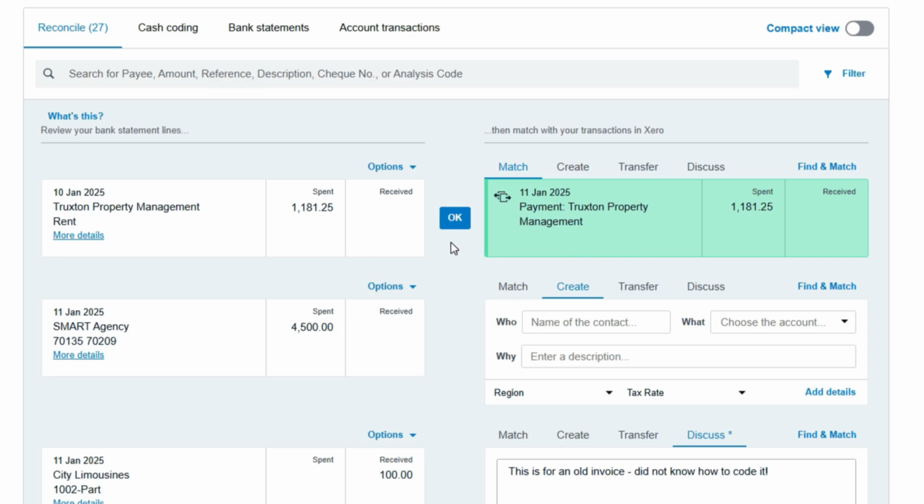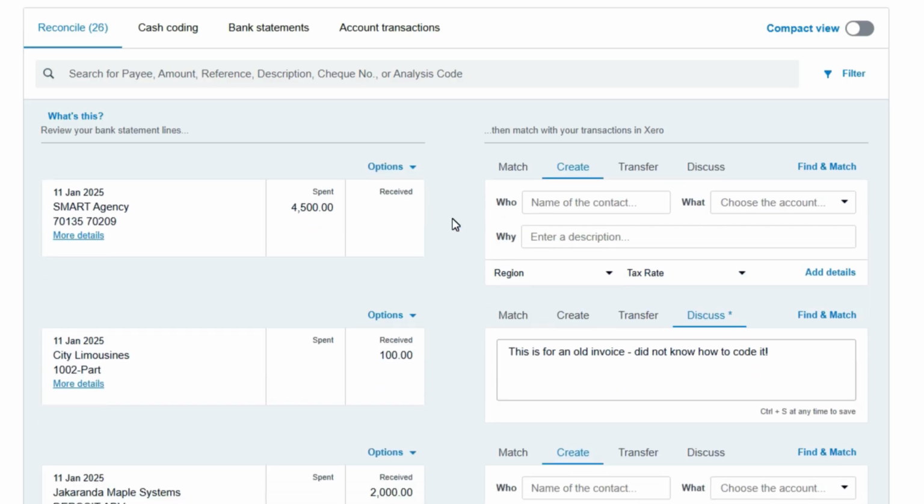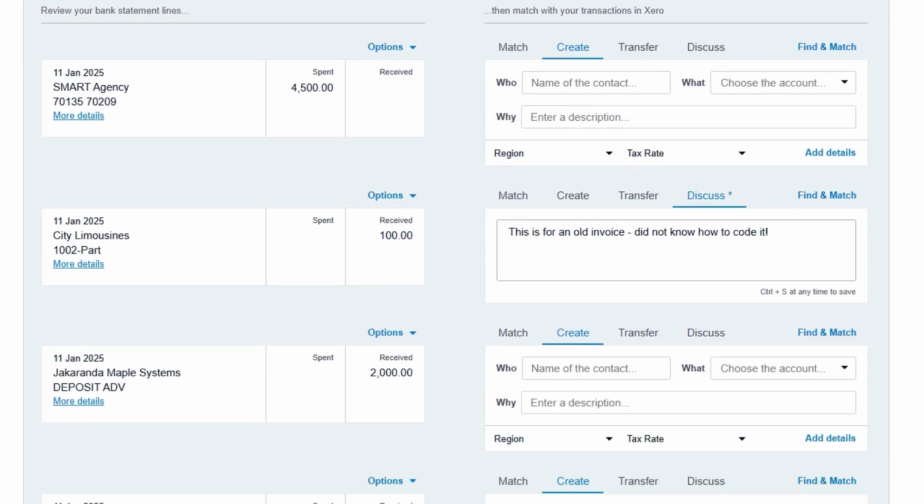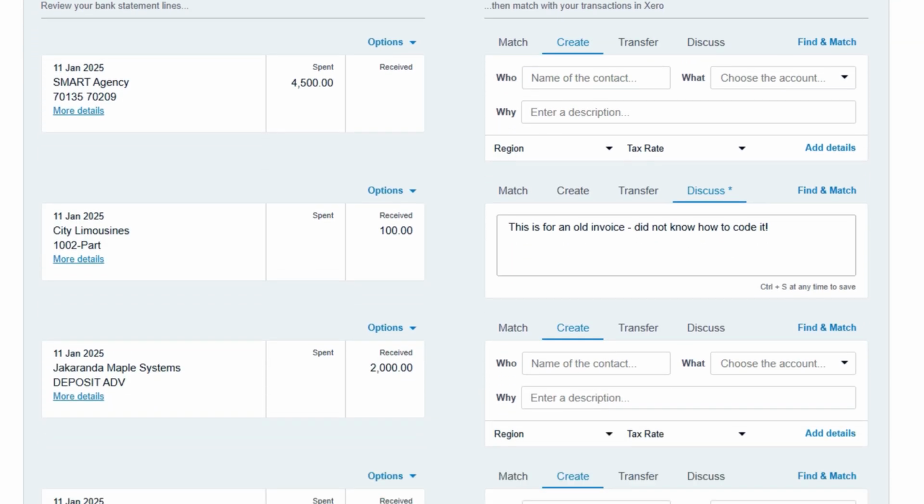And if I click on OK there, that's now reconciled, and now there's 26 items left to reconcile. Okay, so the ones that aren't matched up, there's a few different reasons that might happen. The first is that there is no transaction in Xero yet. So for this spend money transaction, for example, maybe you haven't entered a bill into Xero, so you need to